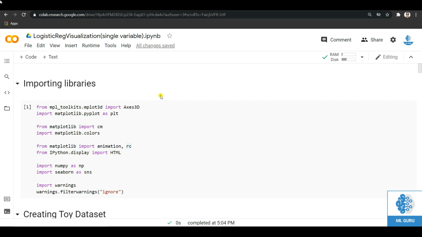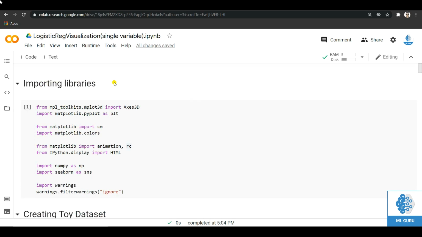And now let's see how to build such a model from scratch. So we will be doing this in Google Colab. I will be providing the link of this notebook in the description. Also, we will be following the same template which we had followed during implementing the gradient descent from scratch in the case of linear regression. So let's start with it.